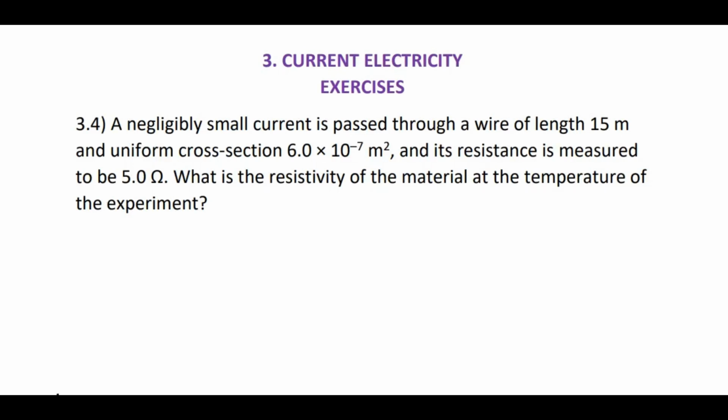Hello students, in this video we are going to discuss 3.4, 3.5 and 3.6 from current electricity. These question numbers are as per the new updated textbook. A negligibly small current is passed through a wire of length 15 meter and uniform cross section